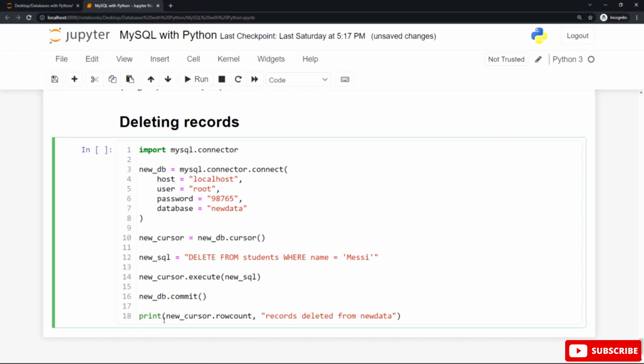You can see the print function here, and inside the round braces of the print function, by using the cursor statement. The cursor variable here refers to the cursor statement for this connection, to execute this statement, the row count statement, to display the row count for the deleted records. And you can see this string data type. After that, you will see this message after this counting. Hit Shift Enter or Shift Return to show the output on the screen.